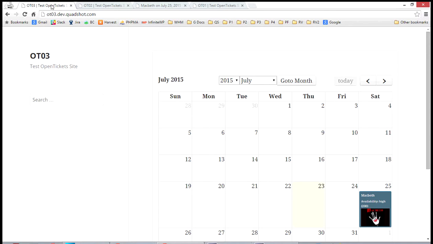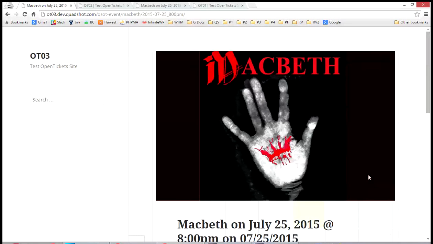We have an event scheduled for Saturday the 25th. It is Macbeth, and you can see the things that are shown here on the calendar. First of all, the name of the event, the availability of tickets, and in this case it's saying there is a high availability of tickets, and the image that is associated with that particular event. If I want to buy tickets for that event, I simply click on it, and now we're on the event